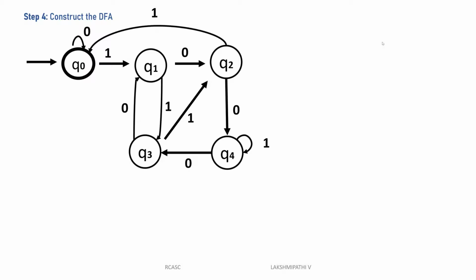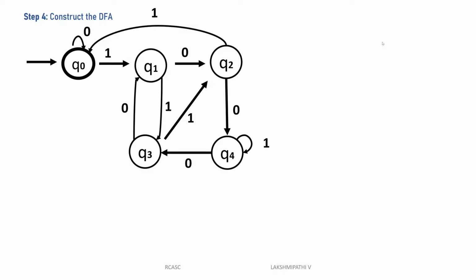If you take a string of four zeros, it is divisible, because the remainder is 0. q0 of 0 is q0, it keeps repeating, and then we get the output. Another one is 5, which is 0101. First it reads: q0 of 0 is q0, q0 of 1 is q1, q1 of 0 is q2, q2 of 1 is q0.